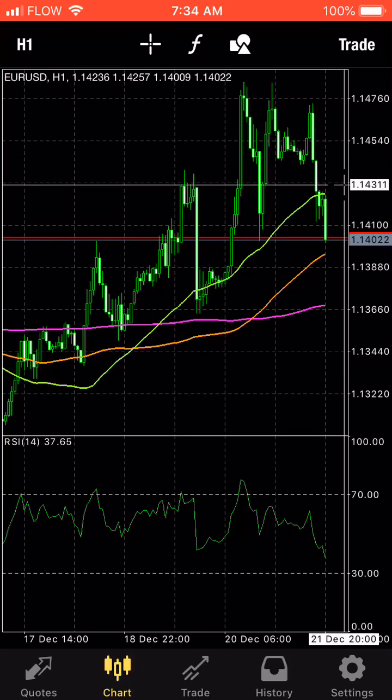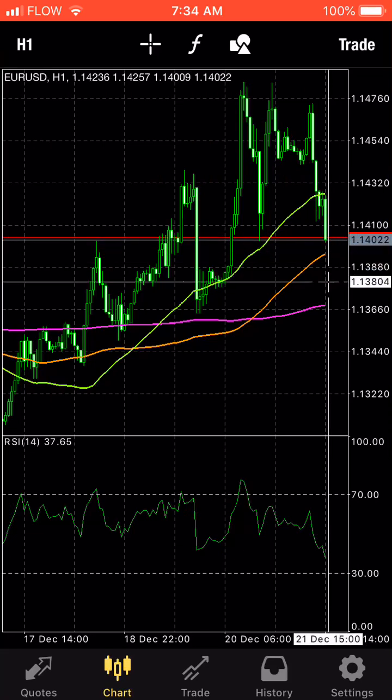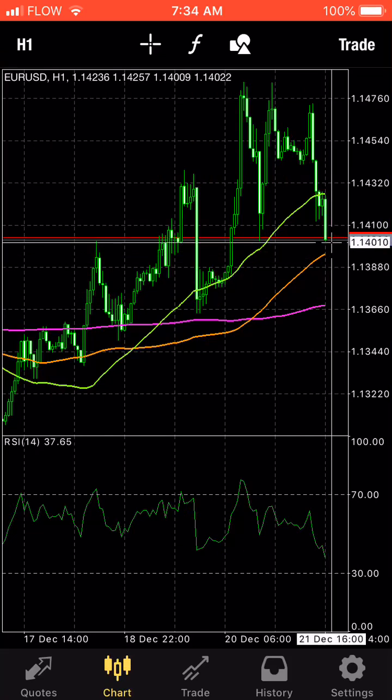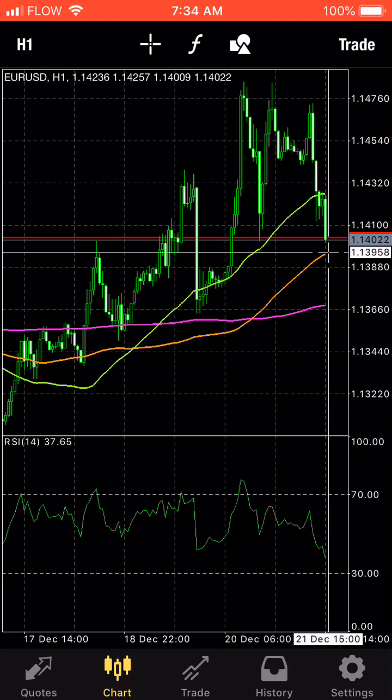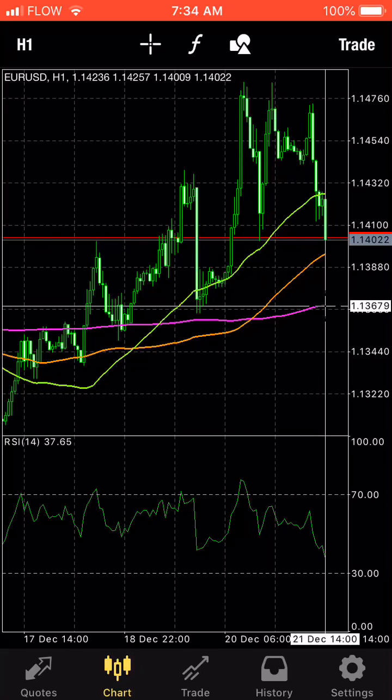So here, EUR/USD looks like it's on its way. It's going to come down and touch the 100-day. I'm not entirely sure yet if we're to expect a bounce off of this. But if it goes down to meet the 200-day, which I think it will, then we definitely would be looking at a bounce at this level, right? Around